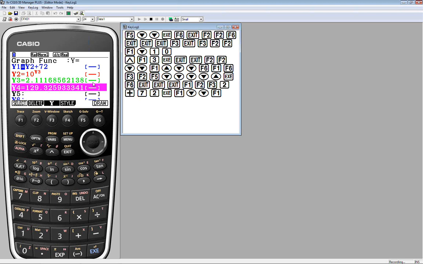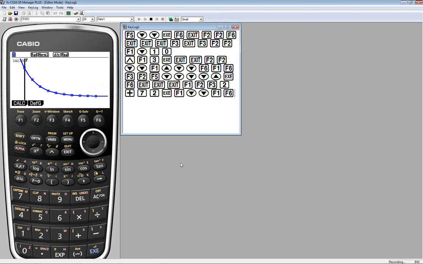Y3 was the straight line that fit the green scatter plot. Y2, we took 10 raised to that and got a nice curve for the shifted down red scatter plot. Finally, I'm putting the plus 72 back in, which would shift it back up and hopefully fit the original blue scatter plot. Let's make sure that's true. F6 to draw. There we go. And I think we have generated